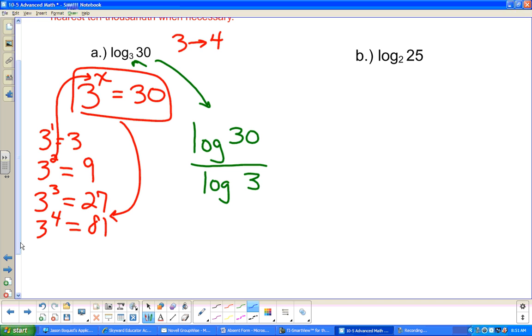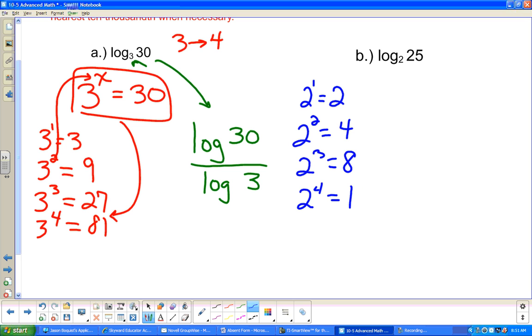Well, again, if you don't know, you can just kind of start. Well, 2 to the first is 2, right? So that's probably more than 1, right? 2 to the second, 4. 2 to the third, 8. 2 to the fourth, 16. 2 to the fifth,